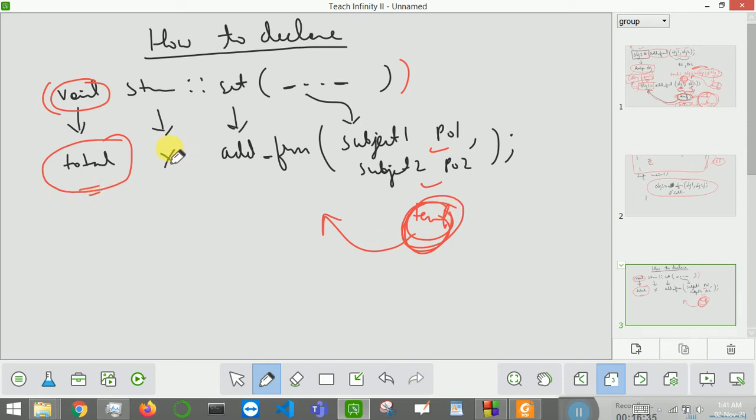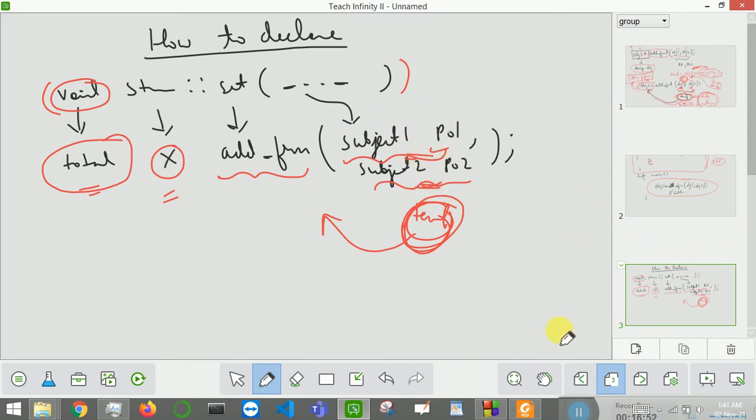Second, this friend function does not belong to any class, so this should be empty. Third, you will write the name of the friend function, and then you will pass these objects as passing objects, and these objects will belong to different classes.